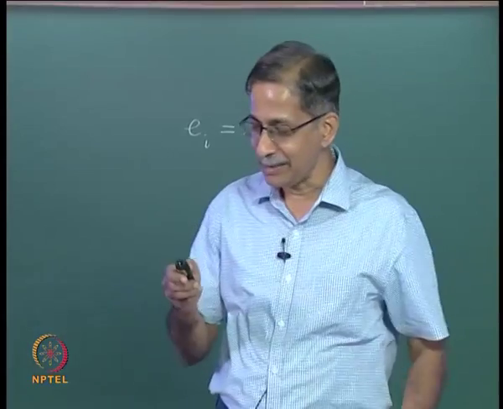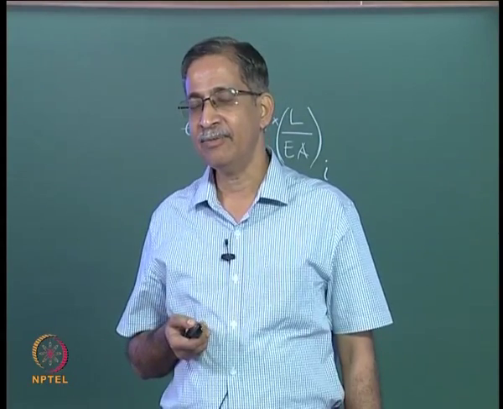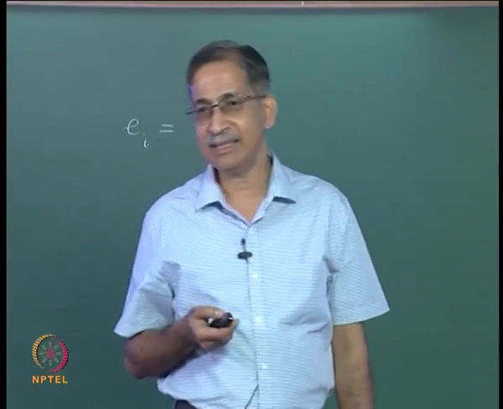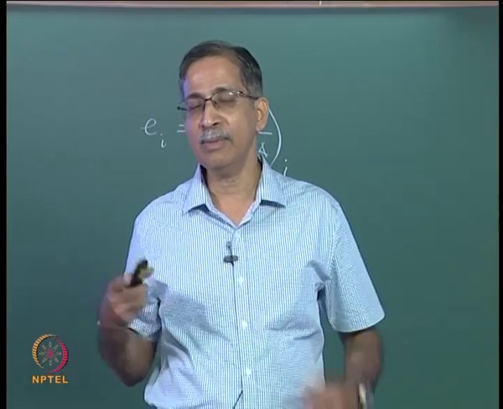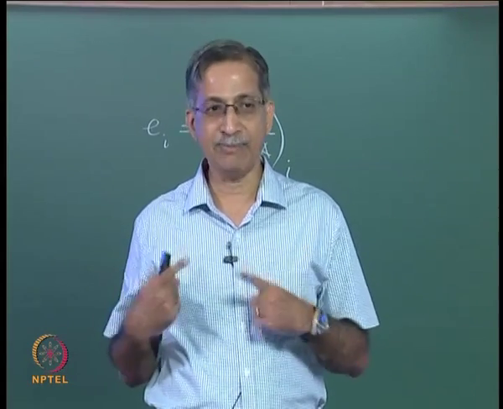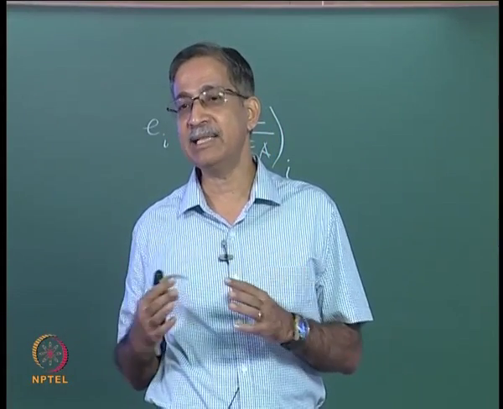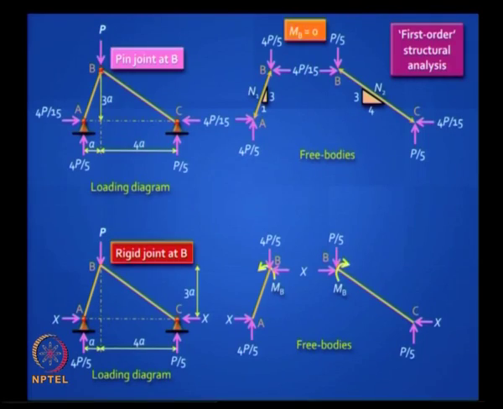Now to really understand this, try to visualize it, visualize this by looking at the deflected shape, the possible deflected shape. Now please note, we normally assume that when you deal with frames, this is a frame, it is not a truss anymore, we make the assumption that axial deformations are negligible, right. So B does not really move down. B will move down only if the 2 bars will reduce in length.